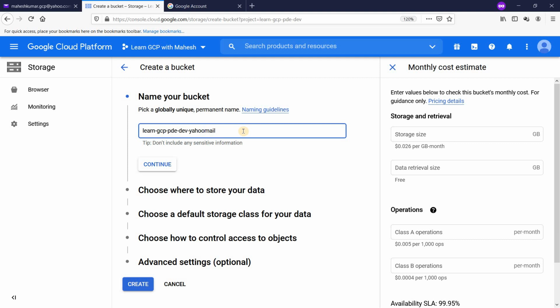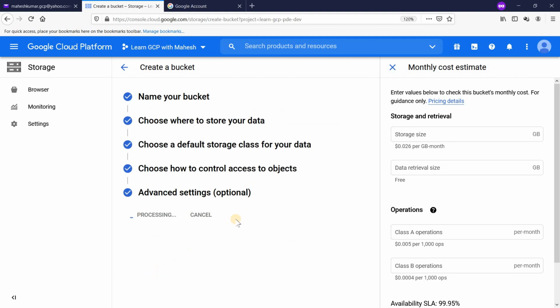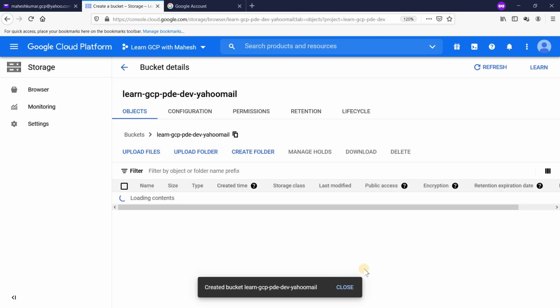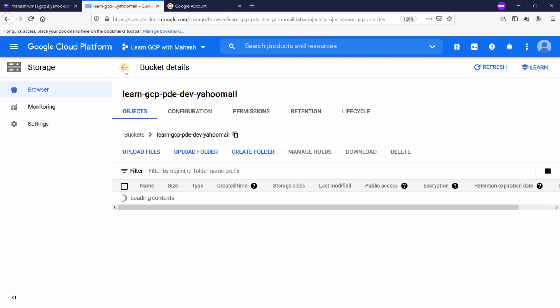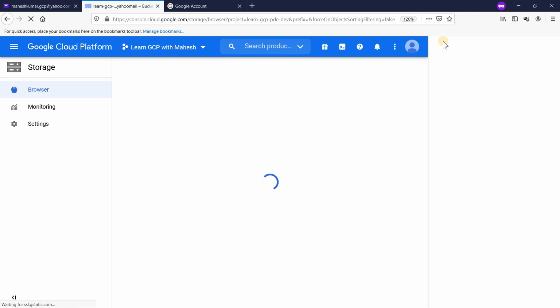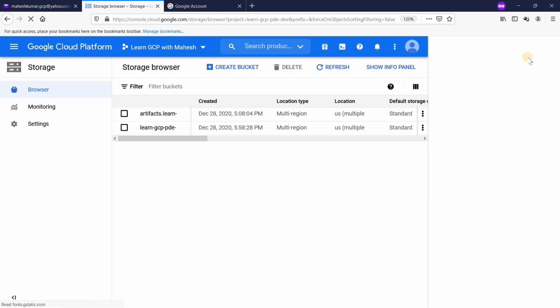So just click create with all the default settings. Let's wait for the bucket to be created. Yes, it is created. Now if I just go back to the main screen of my storage bucket, I should see two buckets basically. Yes, I see this.